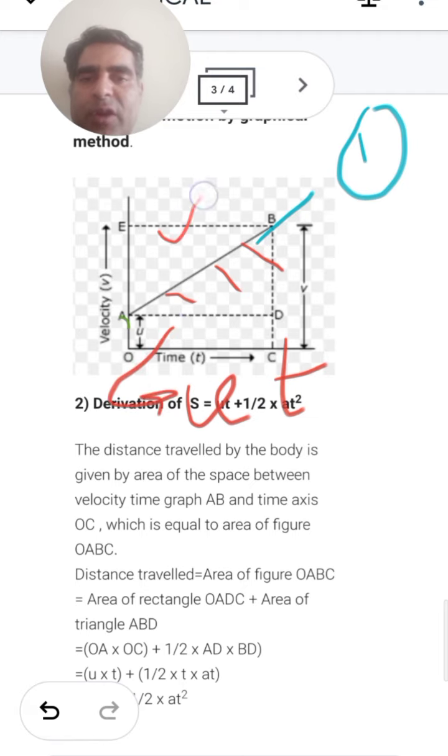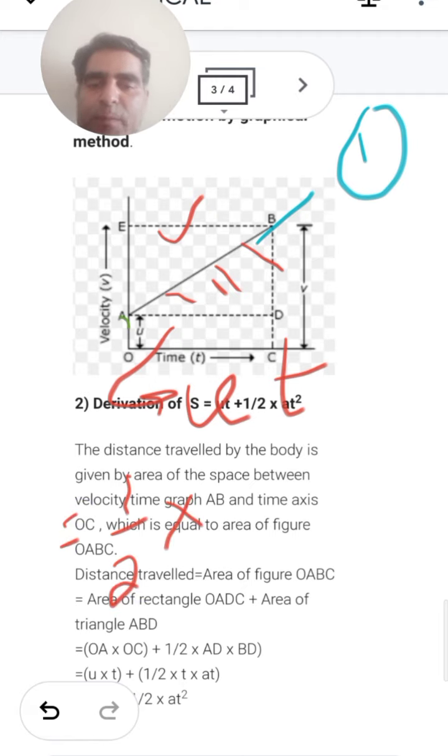Now the second one, you have to find out the value of the area of this triangle. Area of triangle is equal to half into base. In this case, the base means the distance from here to here. So the base is the distance from here to here, into this height,